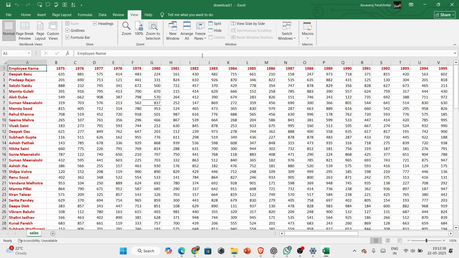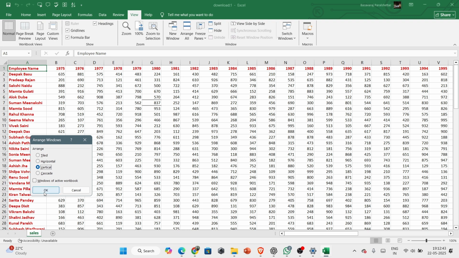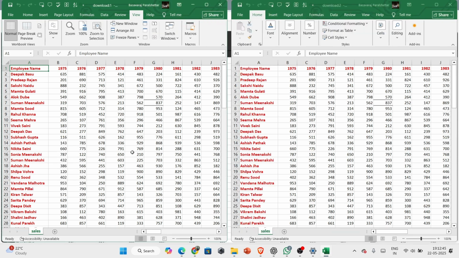So how can you see them together? Go to Arrange All in the View tab and select Vertical. When I click OK, you can see the same sheet side by side. From here you can identify, for example, right now I have employee names and it's actually bike data, the total sales they made in specific years. If I want to see Ashish's data from, let's say, 1999,